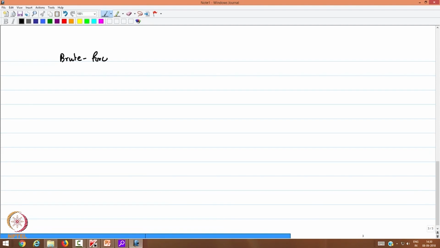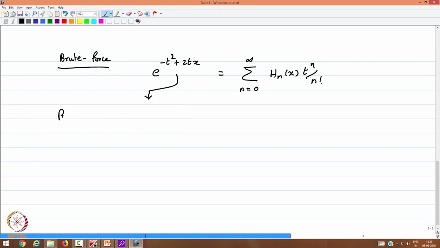And I will leave the steps in between. I am not going to fill up every gap. Please, if you are solving this problem, you are only getting the help to do things by yourself. e to the minus t square plus 2tx is given to you as the series Hn of x, t raised to n by n factorial. Quite obviously, we expand this as a power series,